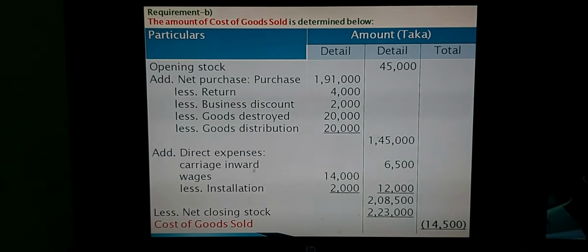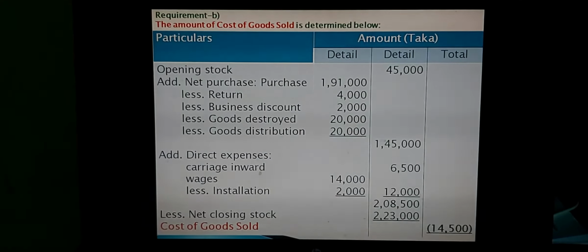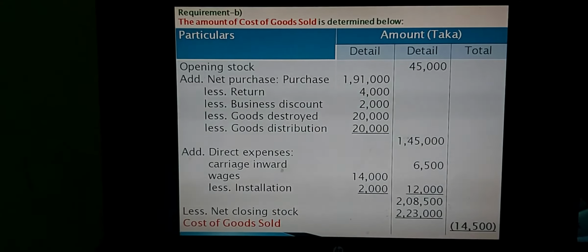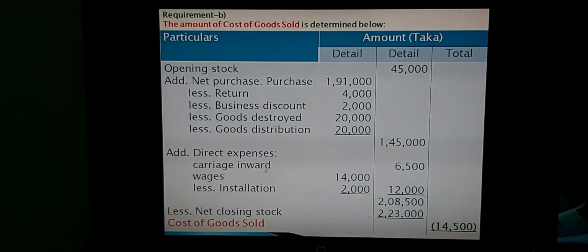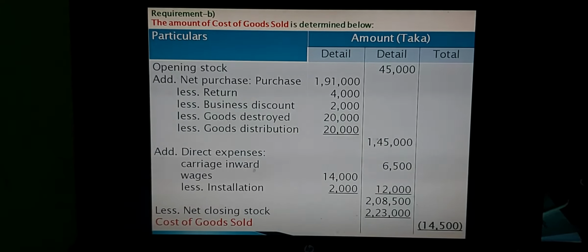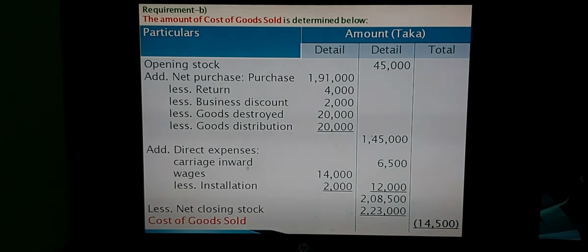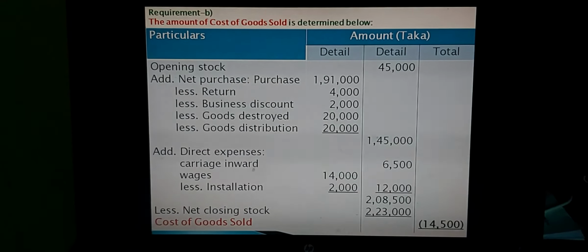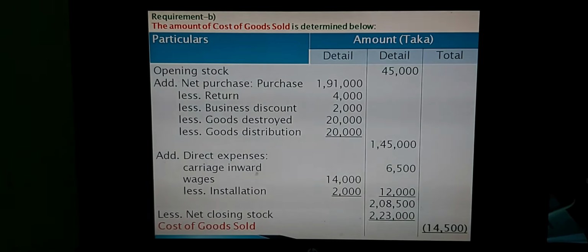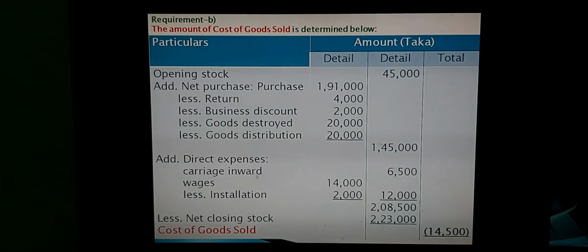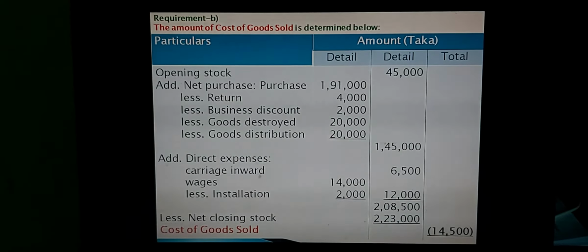Installation of new machinery taka 2,000 included in wages. This is not 20,000, this is an amount of 2,000. So installation money is to be deducted from the wages amount. In first column, 14,000 minus 2,000, that is the amount of net wages, amount 12,000